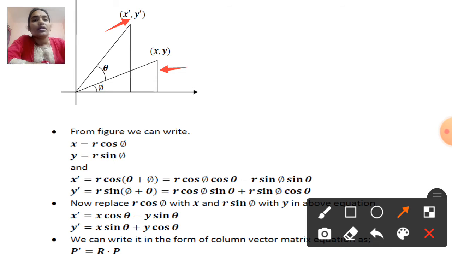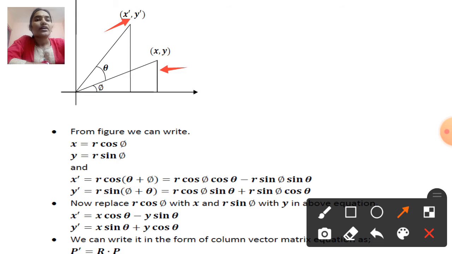Okay. Now discuss in this way. Forget about the trigonometric mathematical equation. Now come to the computer graphics. Here your trigonometric cos(a+b) formula applies. So x' = r cos(θ+φ) = r cos φ cos θ − r sin φ sin θ. Here it is your cos(a+b) formula, and same as y' = r sin(θ+φ).